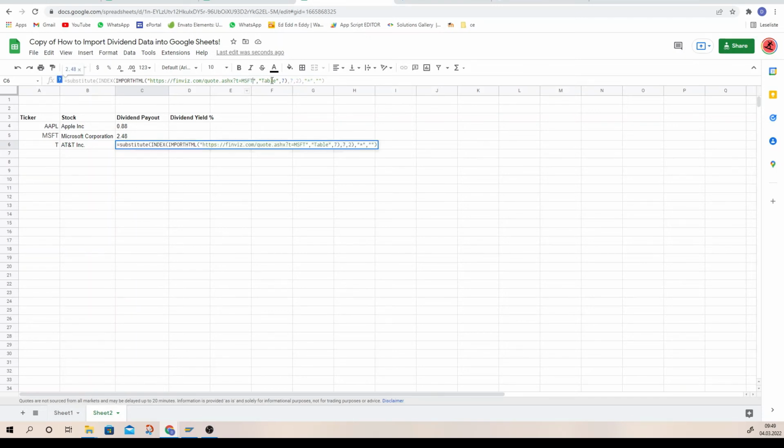We come here and delete this part, and after we put this AND logical sign, and come here and click A6 where the ticker is, and boom, it works. So now we can test it. I will just put one more ticker, which stock has dividend information, and I can just easily drag and drop, and as you see, it automatically puts the right data into the